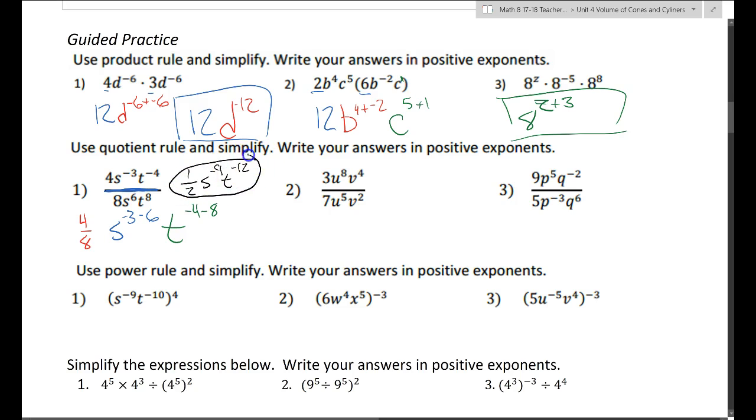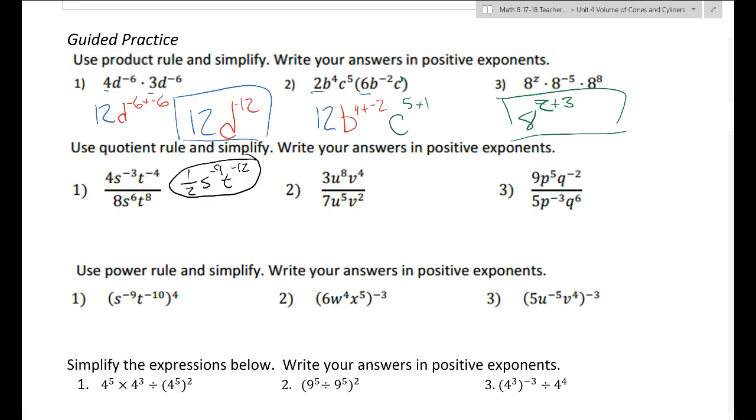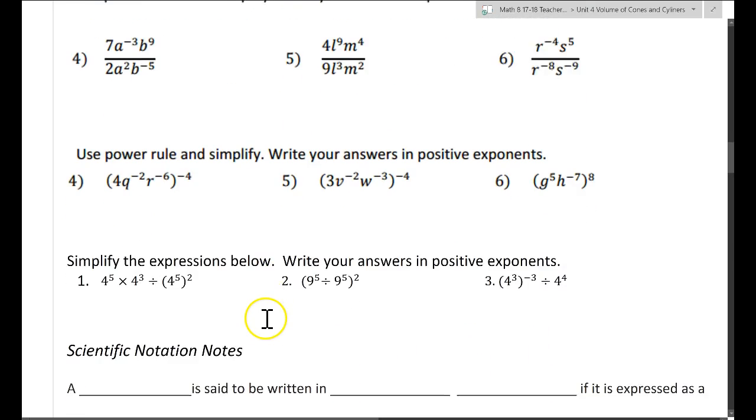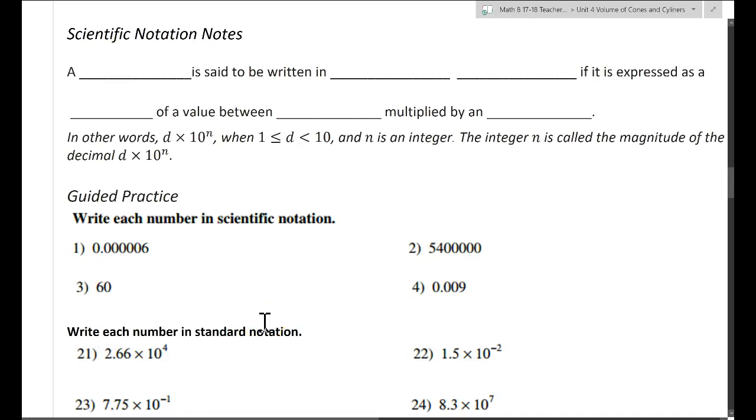And hopefully you saw that this is kind of sloppy. So what we're going to do is I'm going to erase these and rewrite that properly, which is going to be 1 over, well, 2 is on the bottom. S negative 9 becomes S9 when I flip it, S9. And same thing with T, T12, because the negative causes it to flip. So I encourage you to go through a bunch of that, and then we're going to come back together, finish